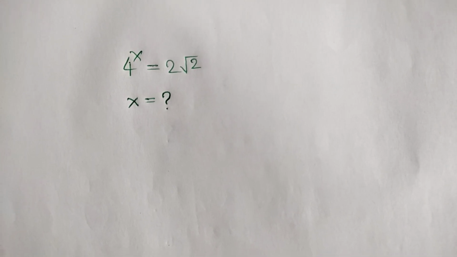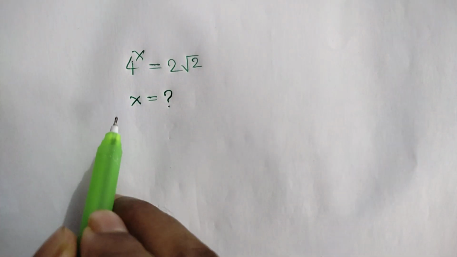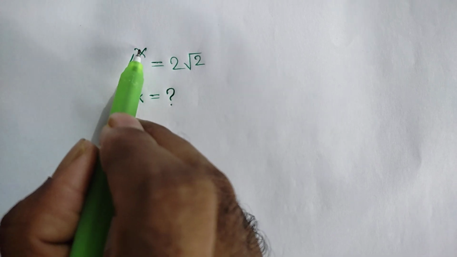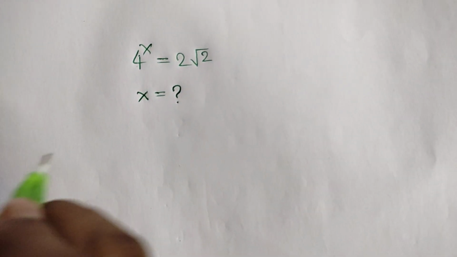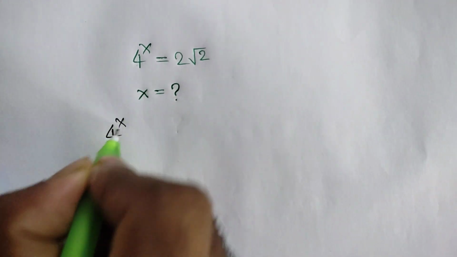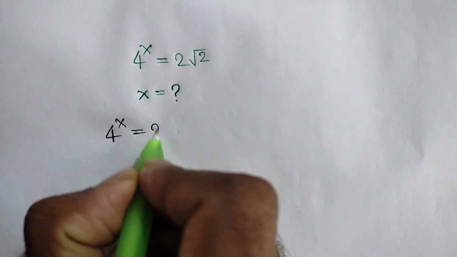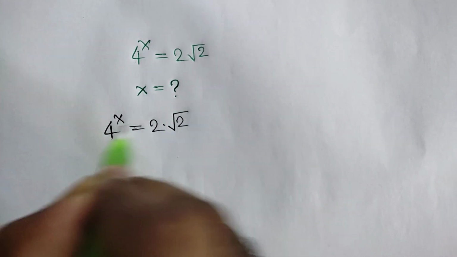Hi everyone, in this video I am going to show how to find the value of x where 4 to the power x is equal to 2 square root of 2. We have given 4 to the power x is equal to 2 times square root of 2,